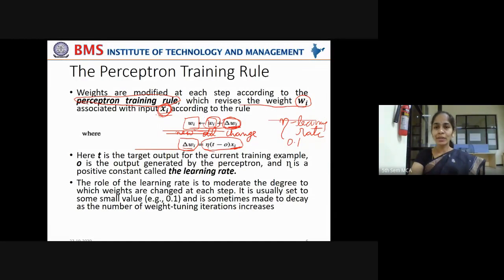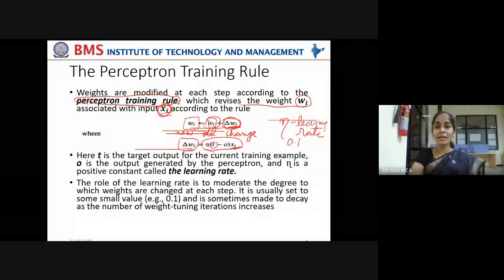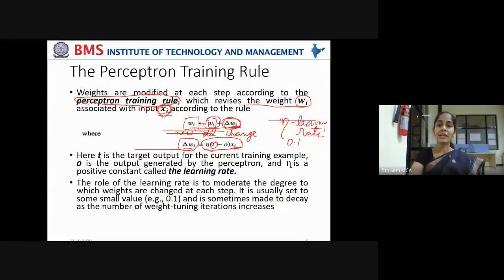Now this nu is the learning rate, which is like a moderator. It will tell how much the weight has to be adjusted. Nu multiplied by t, the target label in the training example, minus o, the prediction made by the machine learning model, in this case the perceptron, multiplied by that input variable x1, x2, x3, whatever the variable is.